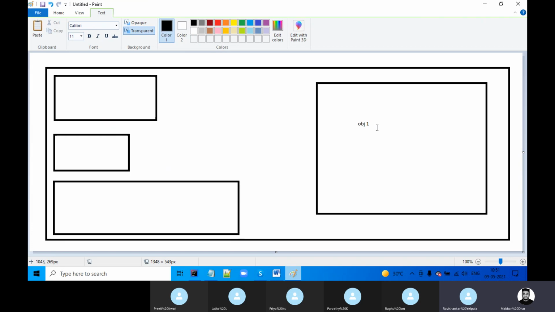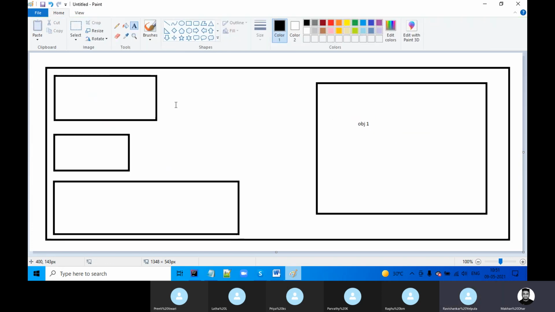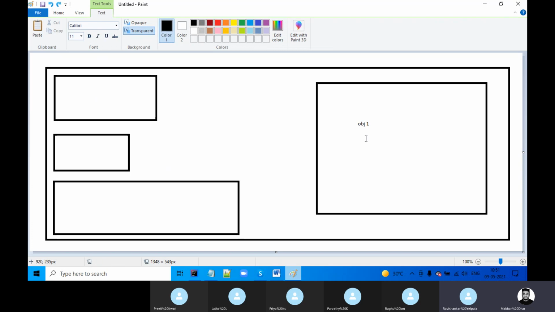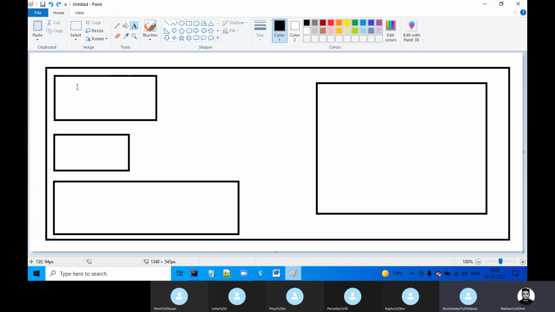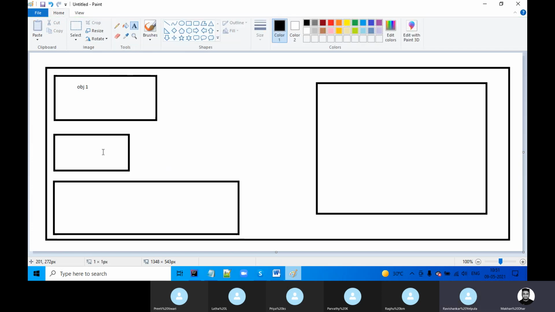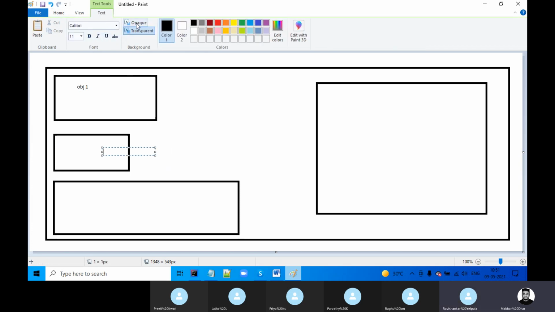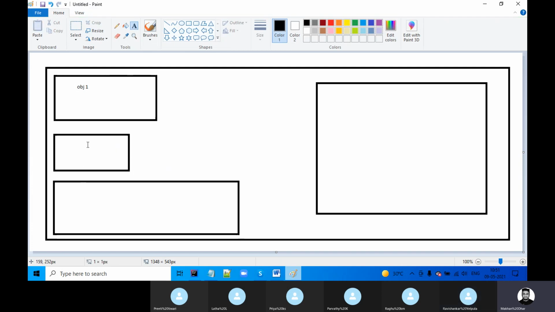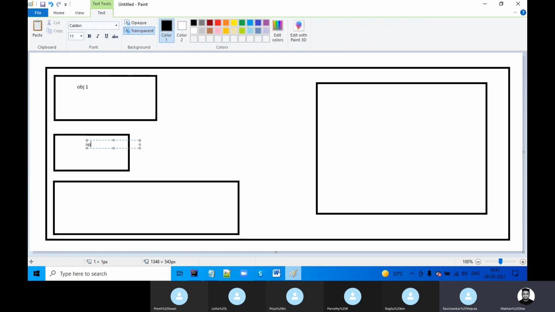I have created obj1, so this is for obj1. Now if I go for obj2, obviously it will create another space for obj2. This is how objects are created.